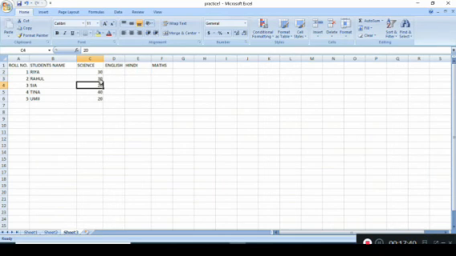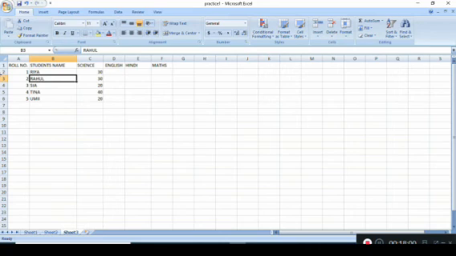Okay, and another way is also there with the help of keyboard. There are two ways to move around in the worksheet. First is from the keyboard and second is from the mouse. The easiest way to move is the mouse, with the mouse cursor.